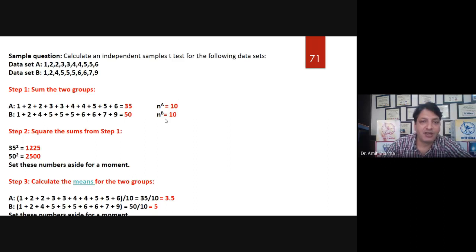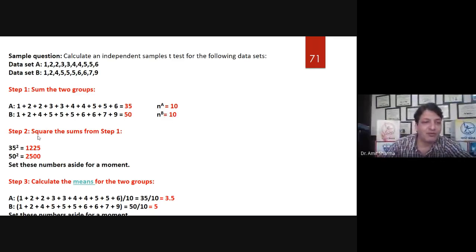That means n is equal to 10 in group A and n is equal to 10 in group B. Clear? So in the first step you have to calculate the sum of both the groups separately, and see how many observations there are in each group. In group A we got 10 observations, and in group B we got 10 observations.